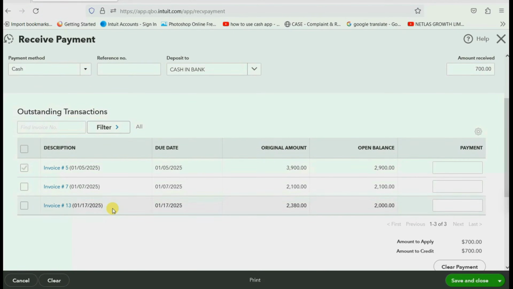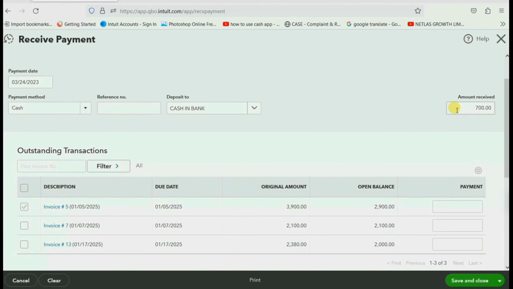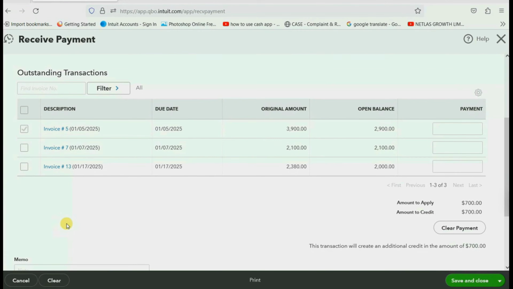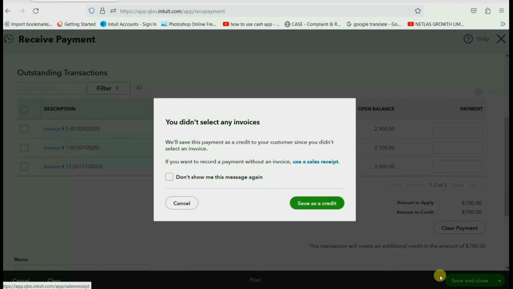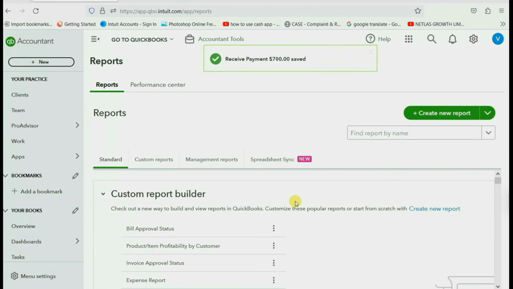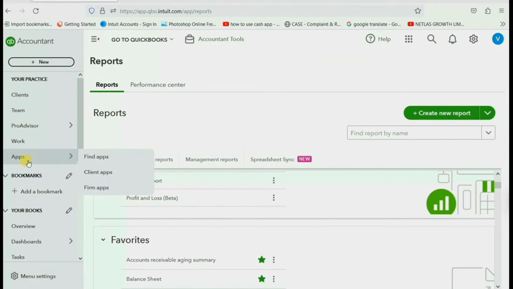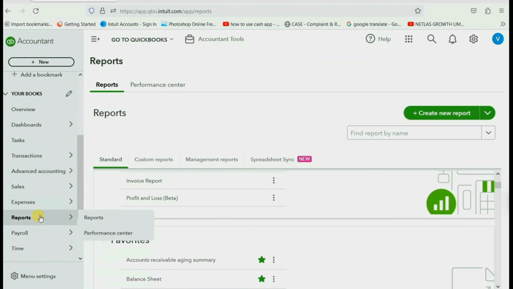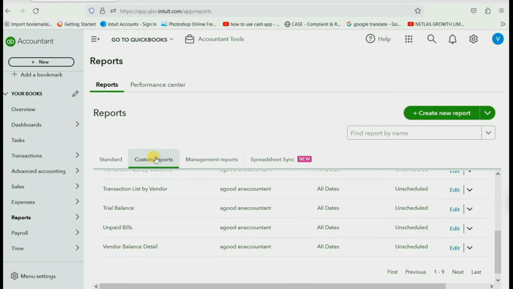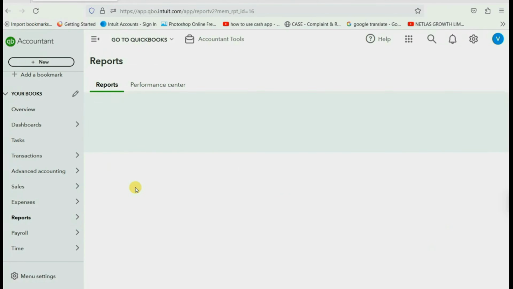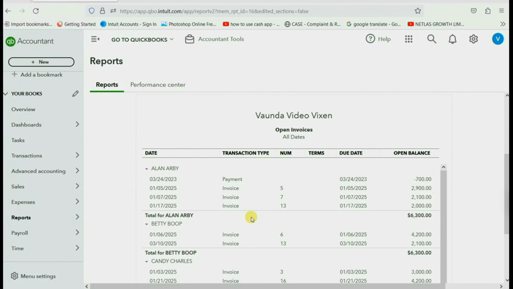And when you're ready to save the window, you should have money in the received field, but none of the invoices selected. Save and close, and it says, we'll save this payment as a credit since you did not select an invoice. Save as credit. And we can check this on the Open Invoice Report. Reports, Custom, Open Invoice. And here's the section of Alan, and you can see here's the payment,